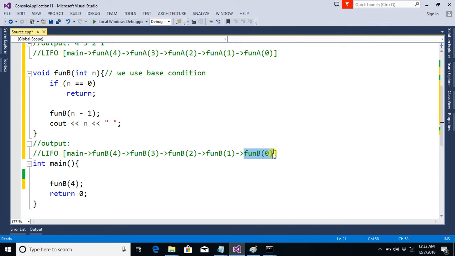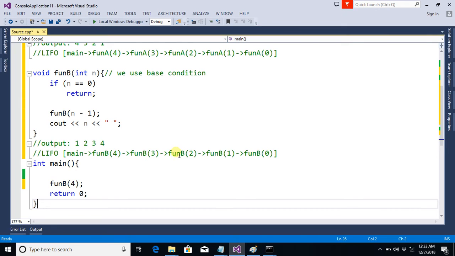So it finished here, and then we will see function B1 will be finished, and to finish function B we need to execute those lines which were not executed. It was not executed, we will execute it, so it will display 1, and then we will come here, and then function 2 will be finished. Here n was 2, so 2 will be displayed here, then 3, then 4, and finally this main will be finished and we will come here. So these are the recursion calls.